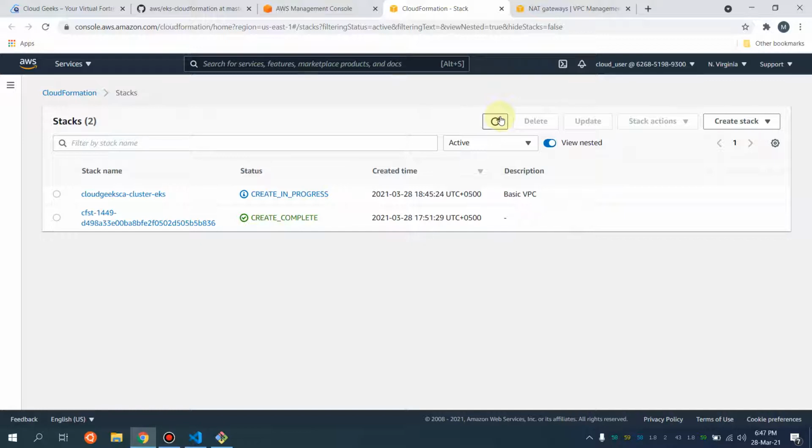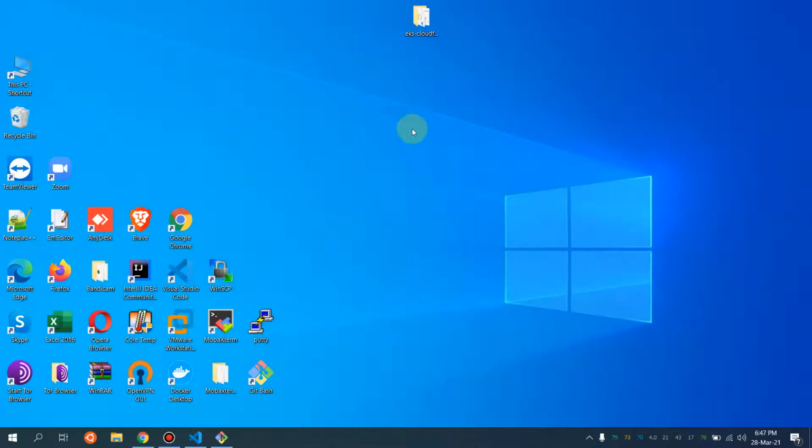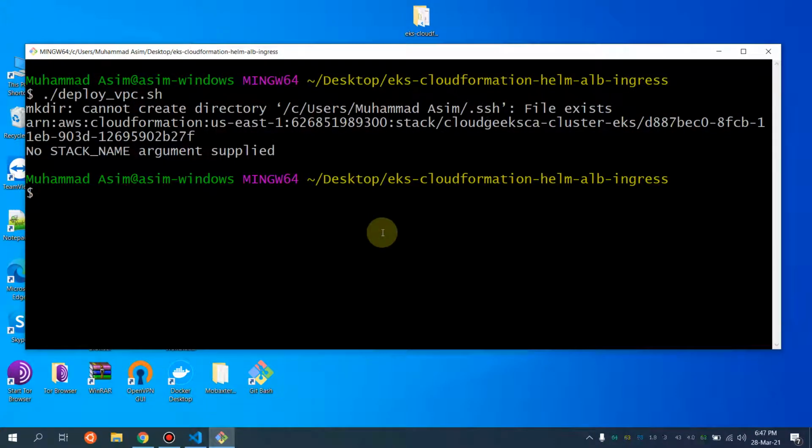The prerequisite I need to tell you is that as I am using Windows, you can also deploy this in Docker containers, which means you should have all the packages. I have already installed EKSCTL and AWS CLI on Windows.